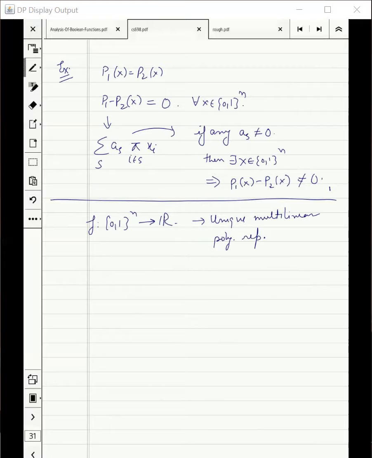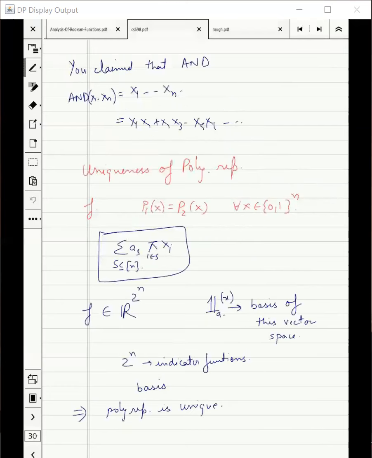Yeah, could you explain the previous method once using the basis way? The basis one, yes, sure. If I talk about these functions, these are all the vectors in R to the power 2 to the power n. This is something which we saw before also, right? This was one of the representations for any Boolean function, or rather a function whose range is R, which is the same as a vector in R to the power 2 to the power n. And if I have a vector in R to the power 2 to the power n, then I can convert it into a function.